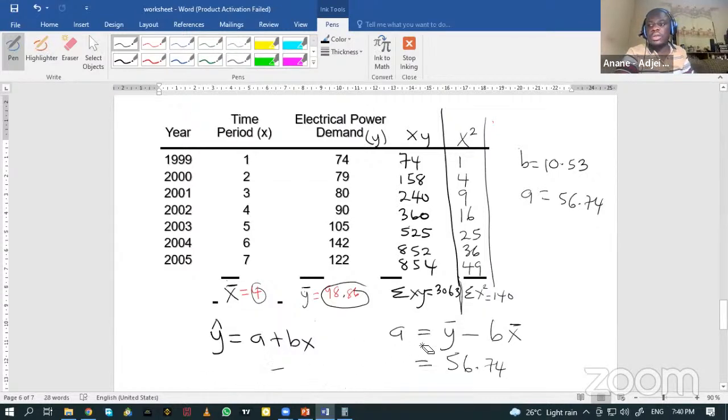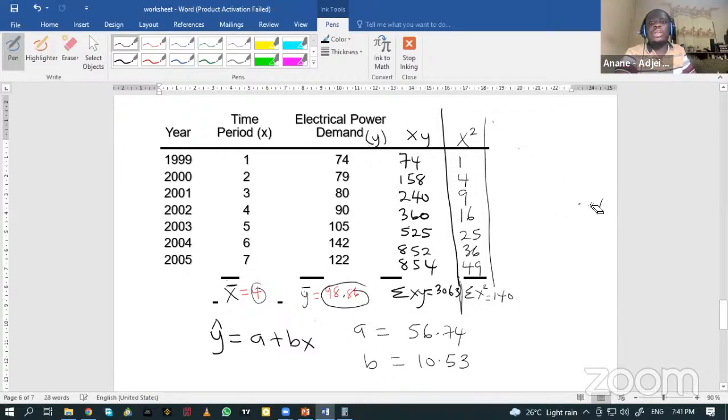So now we have our A value, we have our B value. So after doing this, let me write A here. A is 56.74 and B is equal to 10.53. So when you are asked for demand for any of the periods, so demand,